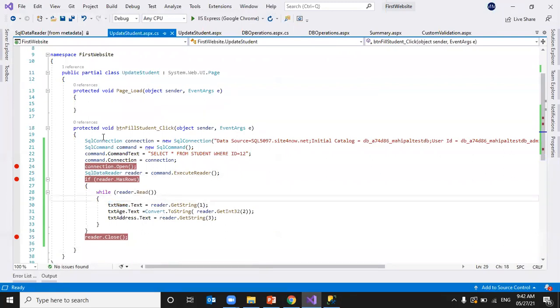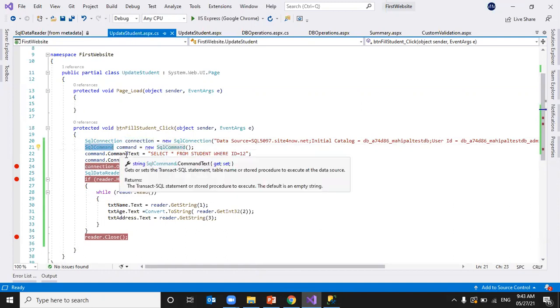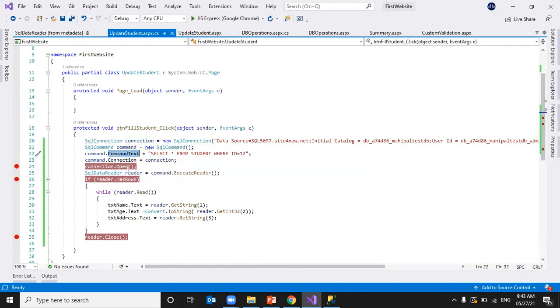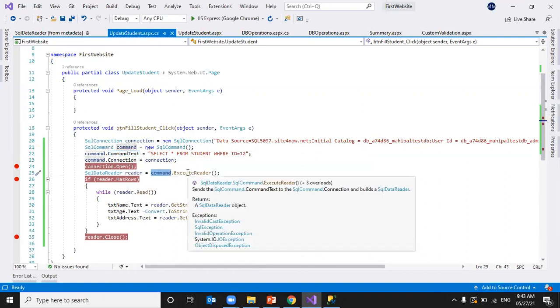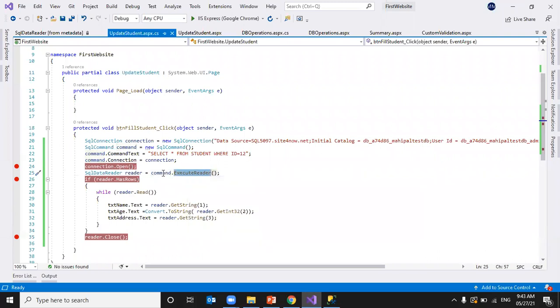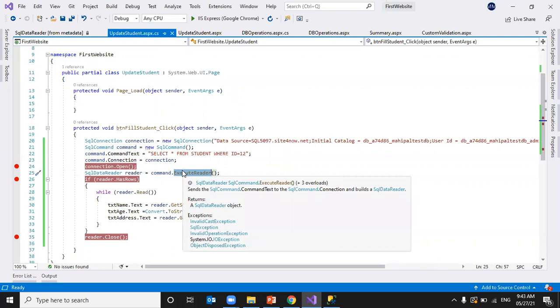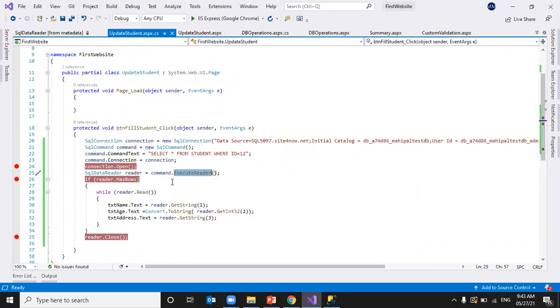So what we did here is, first we defined a connection object, then a command object, and I have given the command text, then opened the connection. So I'm using the ExecuteReader method now. Previously we used ExecuteNonQuery. As I'm going to read and fill the data into text boxes, I'm using ExecuteReader because it will return a reader object. If I use ExecuteNonQuery, it will not return the object. It will return only -1. Okay. So that's why I'm using the ExecuteReader method here, command.ExecuteReader.